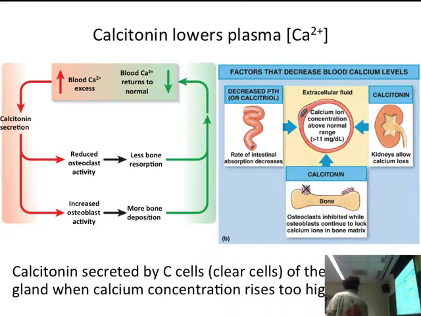Speed it up, right, okay. And then what about in the bone? Is it going to encourage calcium storage or inhibit calcium storage? Encourage, all right. So, in fact, it inhibits osteoclasts, which are the ones breaking bone down, and the osteoblasts continue to store the